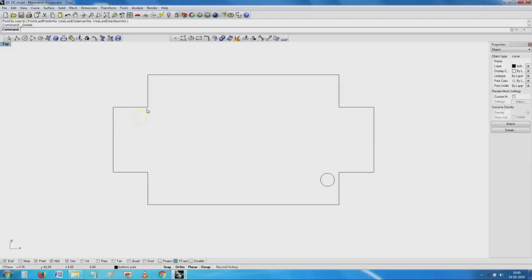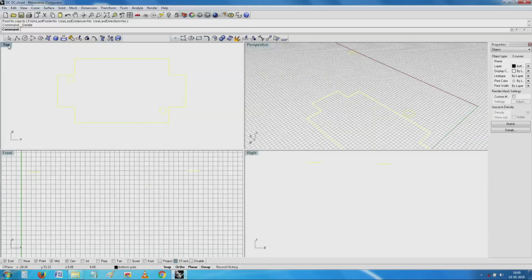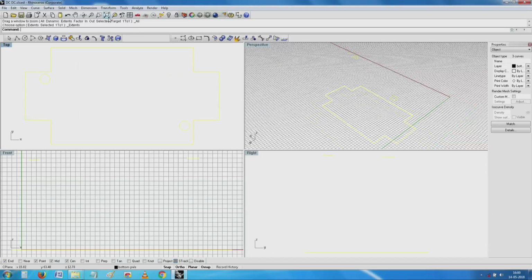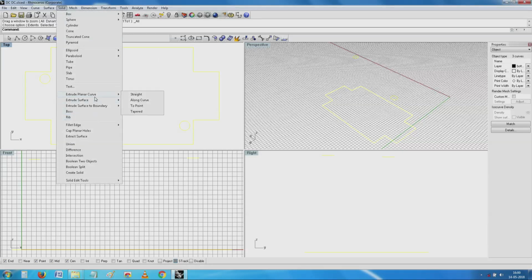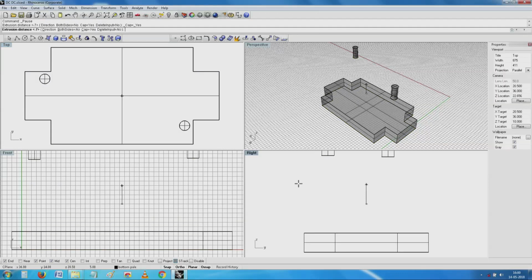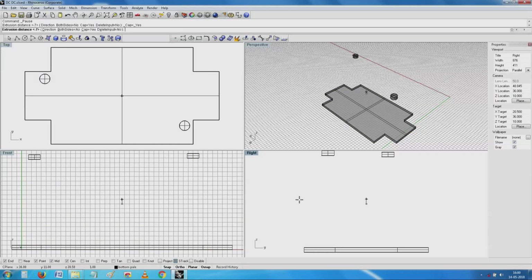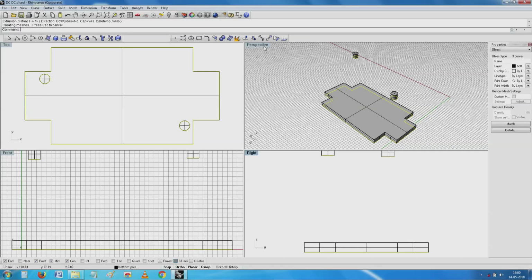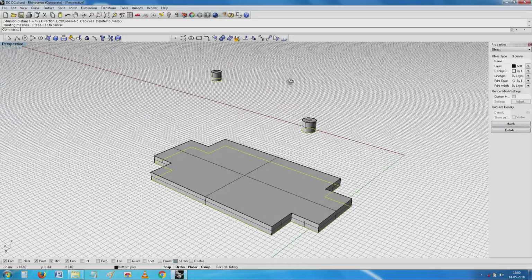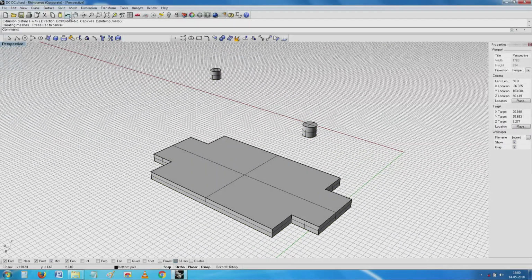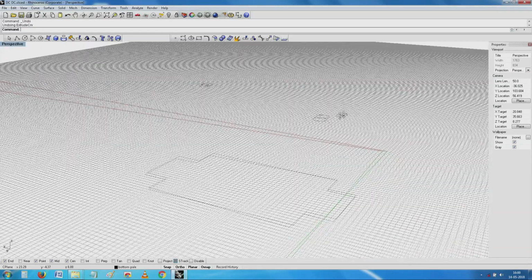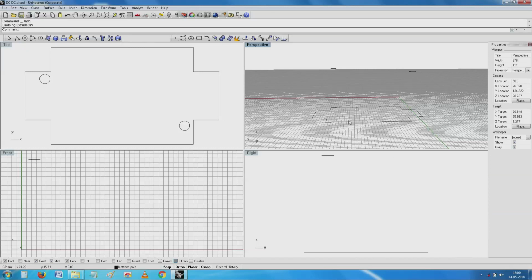So, this time I will see whether I can create a different solid directly from these objects, and then I will try to extrude the planar curve. This is a 1 mm. I will make a 2 mm sheet here. Oh, sorry, bomb. Those circles were not in plane. So, I will now bring the circles back to plane.